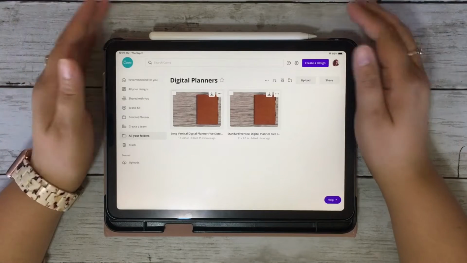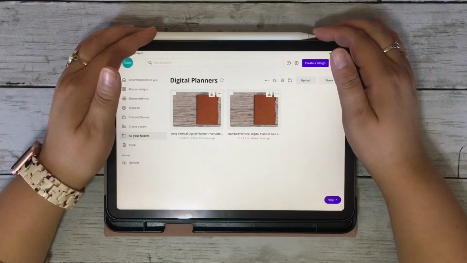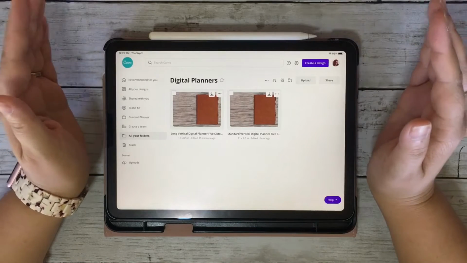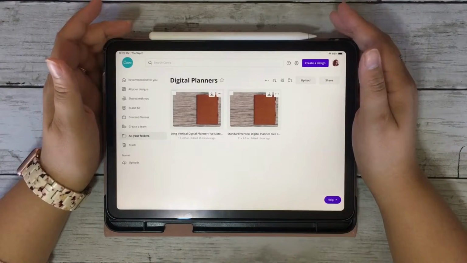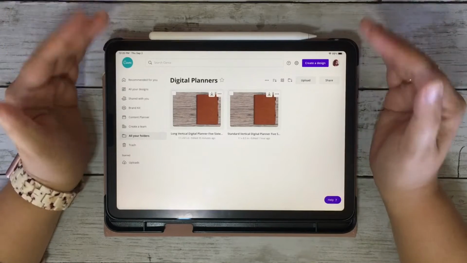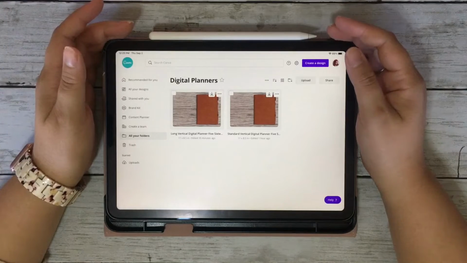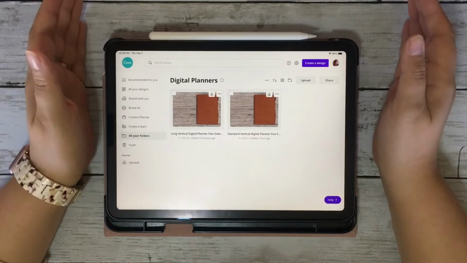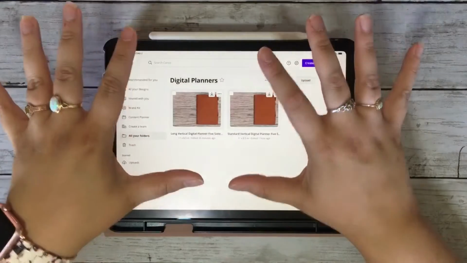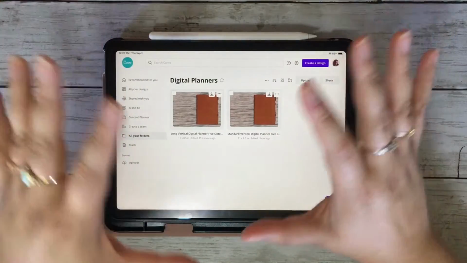I am so excited to bring these guys to you because you all know I want you to do what you want with what you have, and you can use these in your free Canva account. Obviously, the pro account is going to be more bang for your buck, if that makes sense. But if you want to get started with digital planning super affordably, and you maybe don't have an iPad,